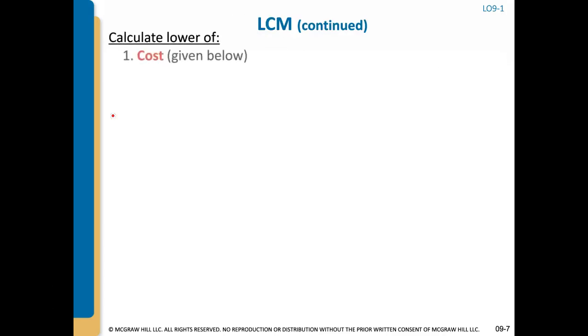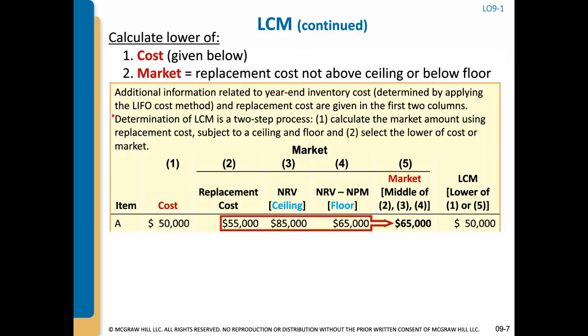So, okay, step two, right? Step one is calculate your ceiling and your floor. And step two is you're going to compare your cost, which is given to you, to your market. And your market is going to be your replacement cost, which cannot be above the ceiling or below the floor. So whatever is the middle number between those three items is going to be your market. So we're told our cost is 50. We're also told the replacement cost is